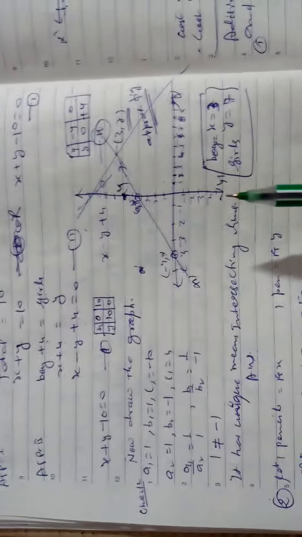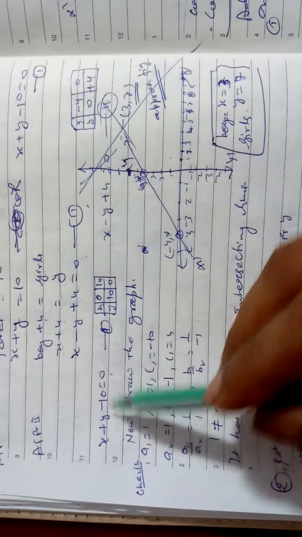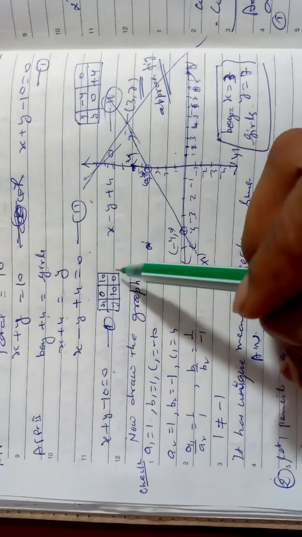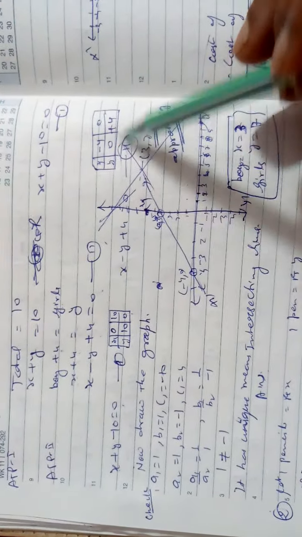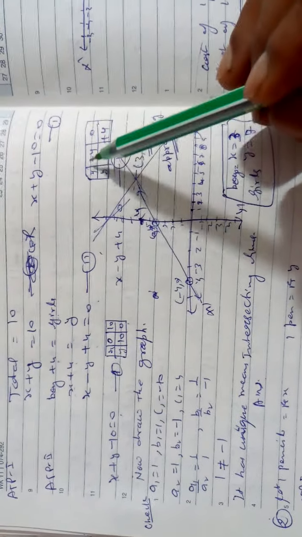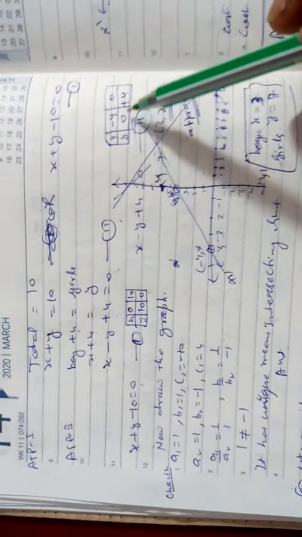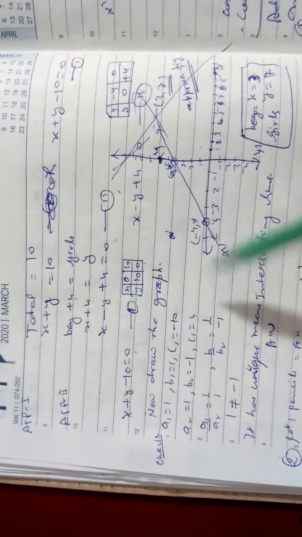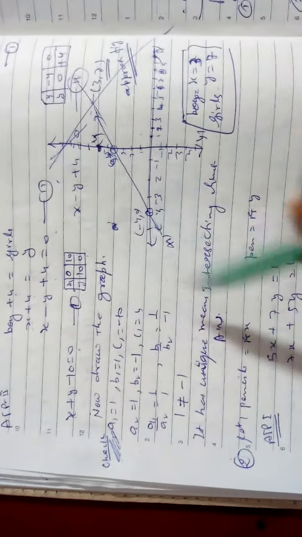But your question is to solve graphically. So you plot the table for the first one. Putting x as 0, then y will be 10. Putting y as 0, then x will be 10. According to this I have plotted the graph, a rough figure I have drawn here. For the second equation also I have put a table. You check how you will get the solution. I have told you in the previous lecture also. How will you check it? Before drawing you can check what type of graph you will get.